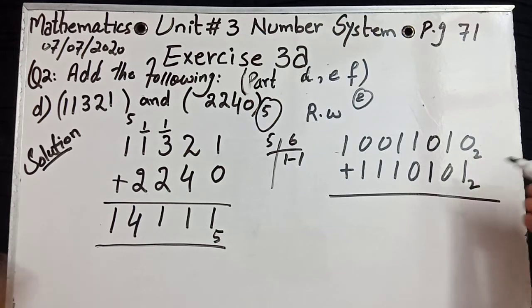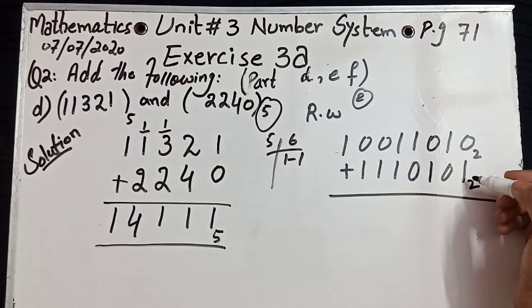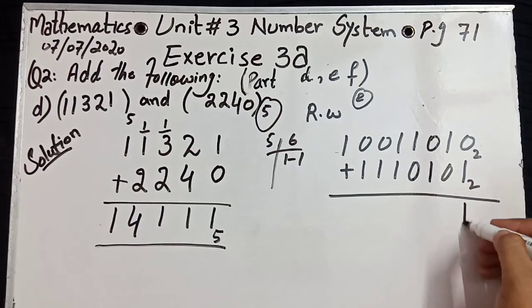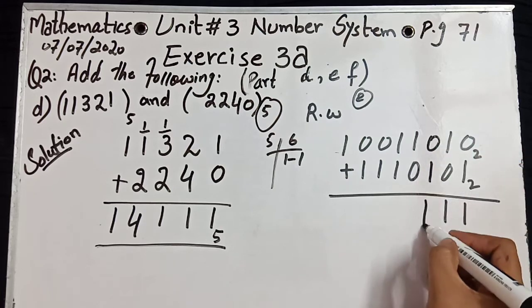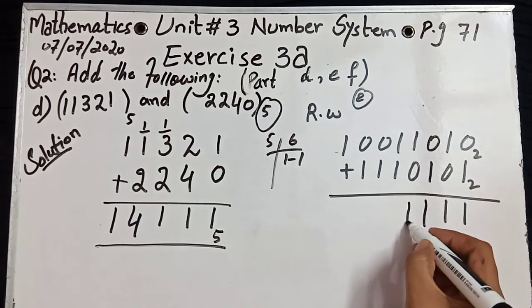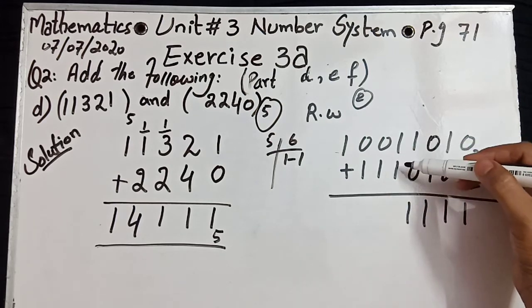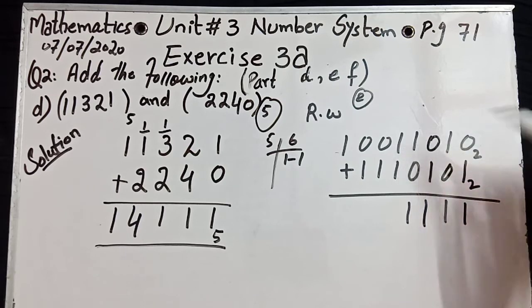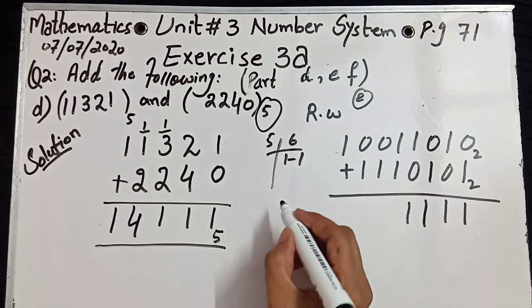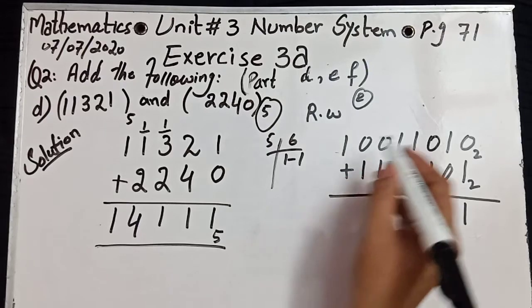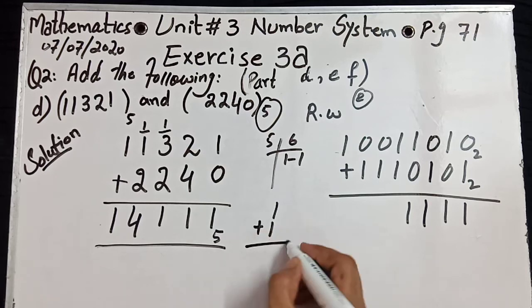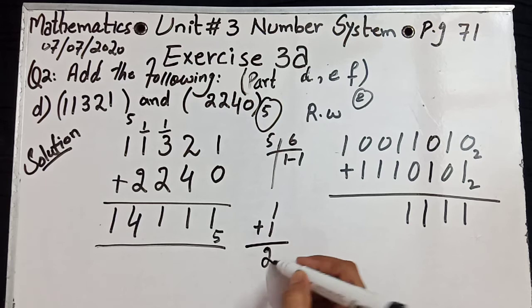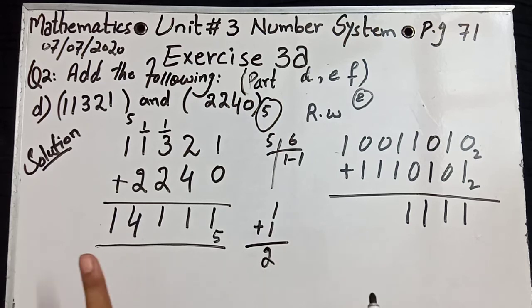0 plus 1 or 1 plus 0, 1. In base 2 system, 0 plus 1 is 1, 1 plus 0 is 1, 0 plus 1 is 1, 1 plus 0 is 1. Correct? Now 2 times 1. In base 2 system, I already explained 2 times 1 is equal to 10. Now we solve it in rough column. 1 plus 1, first we simply add. 1 plus 1 is equal to 2. Simple addition.